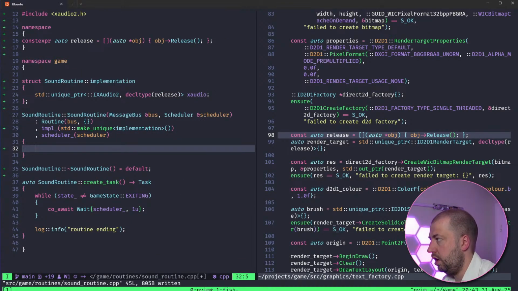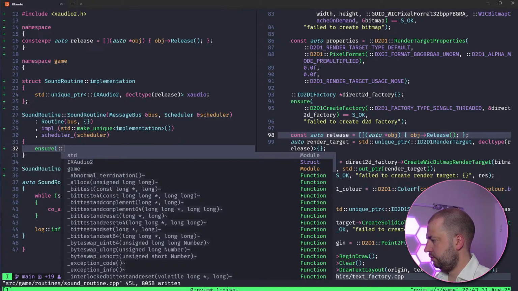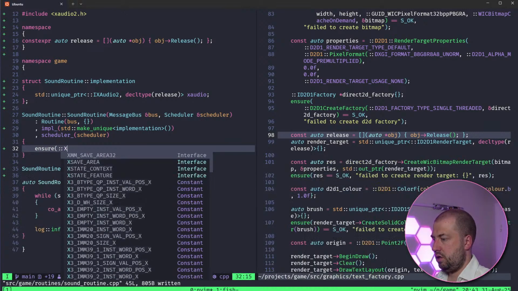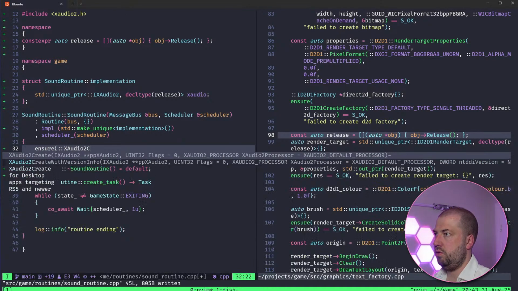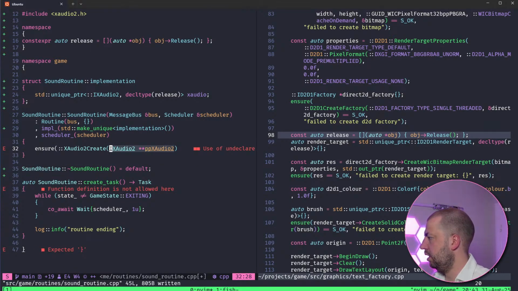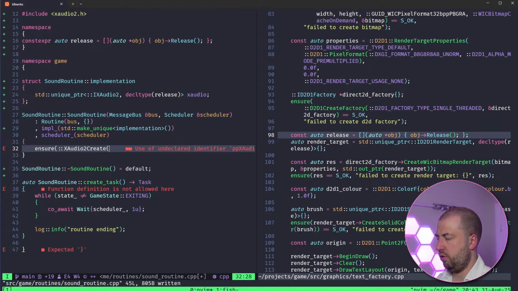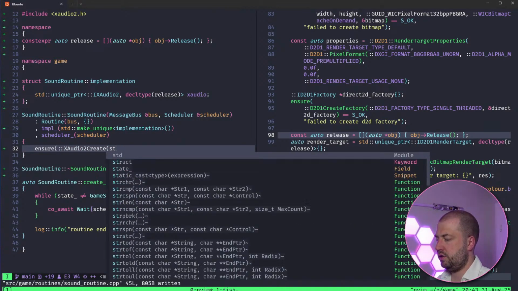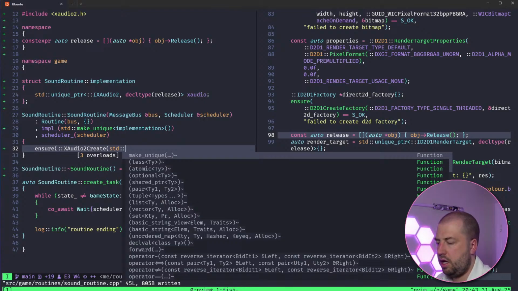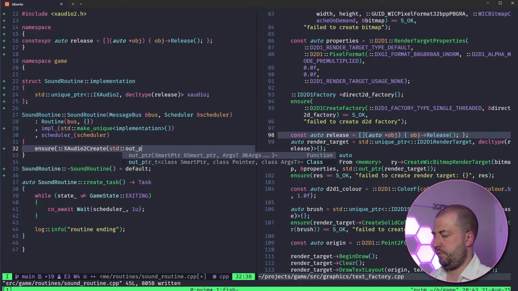We'll do ensure XAudio2Create. Oh, that's a create with version info. Oh, tempting. That's wrong because it says it takes some flags. Std out pointer.